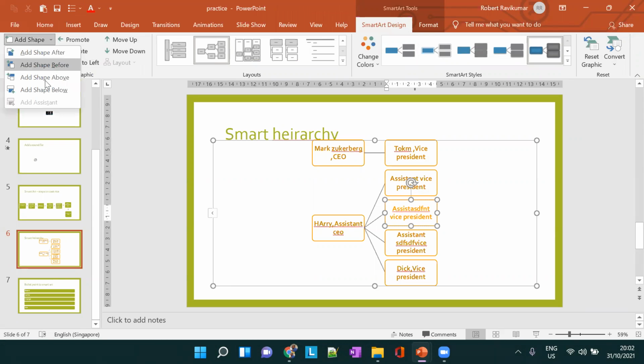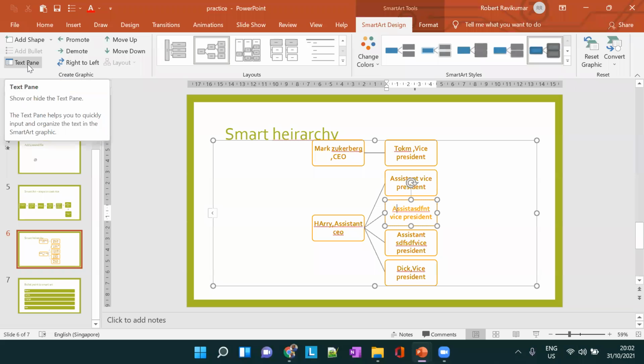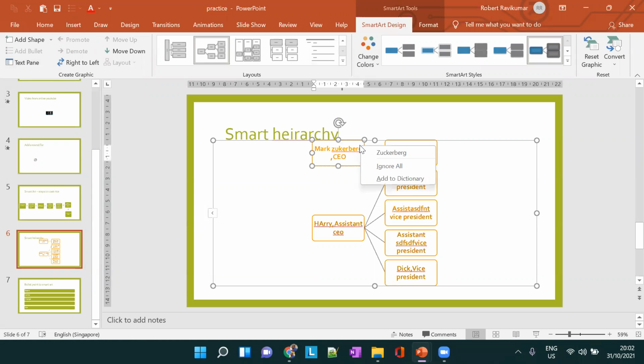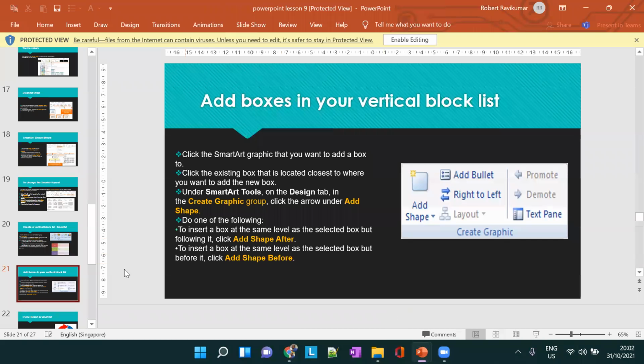Add shape here, add shape before here. Promote, demote, right to left, left to right. All these options are here. The text pane you can also add here. Show or hide using this option. So either you can right click and do things here, or you can do it from the smart art design here.